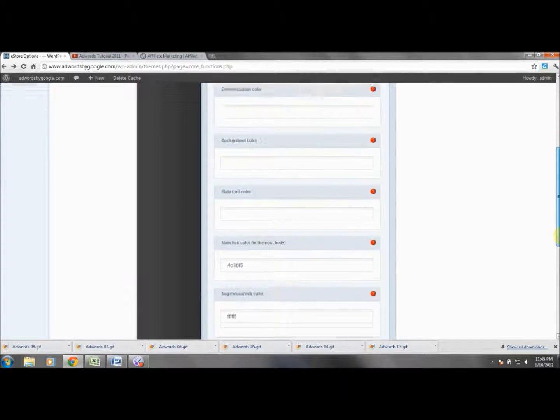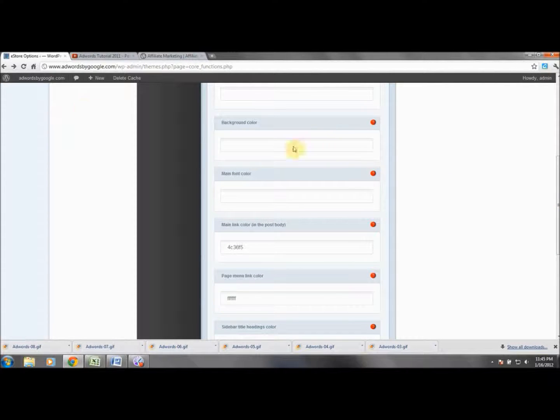So background color, go over to the other option we showed you. Main font color, we just suggest that dark